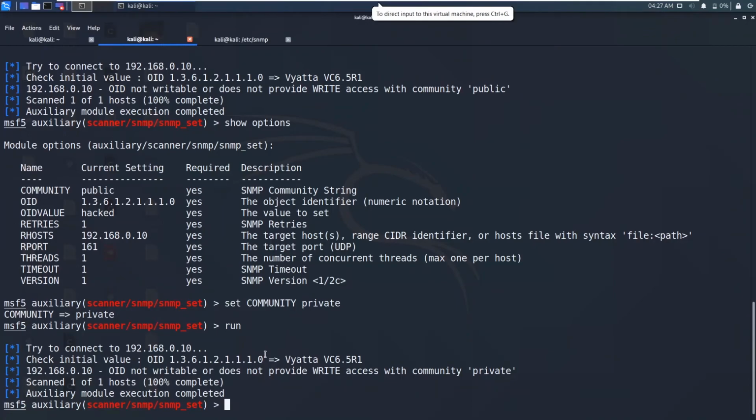Okay, now we changed this value from private to Nikhil, and let's try again.